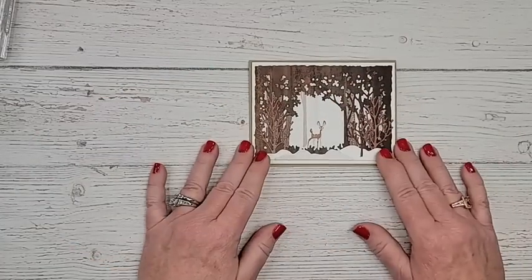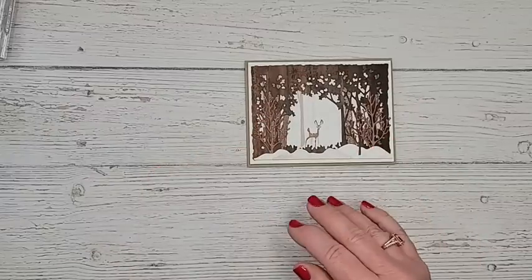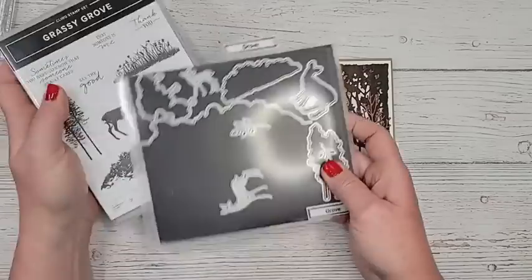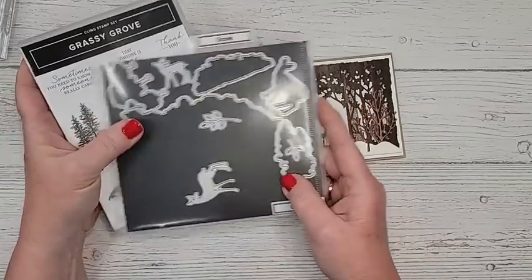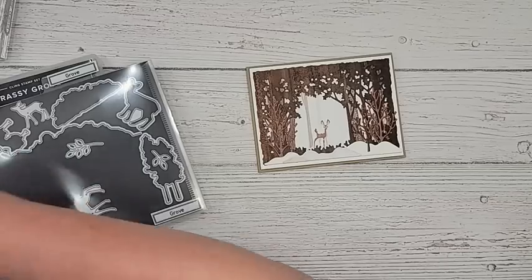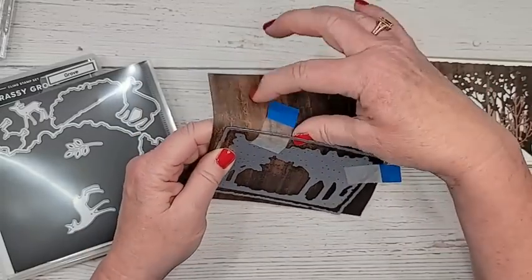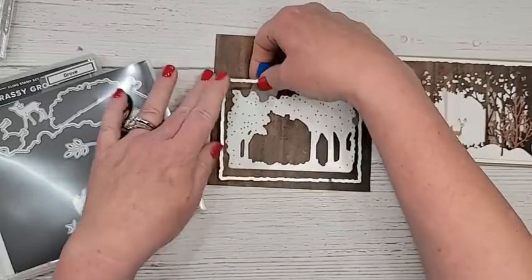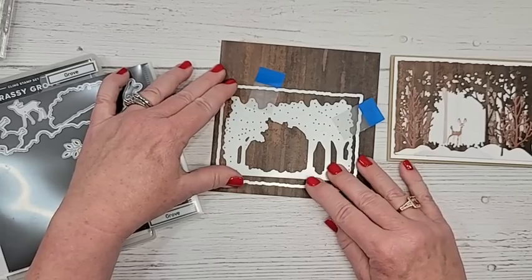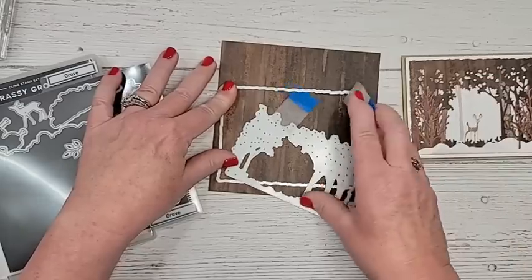You might recognize this background piece. This is from Grassy Grove. This is a bundle that's been around a while. Sorry, this shifted. Hang on one second. If you take the Grassy Grove die and you frame it